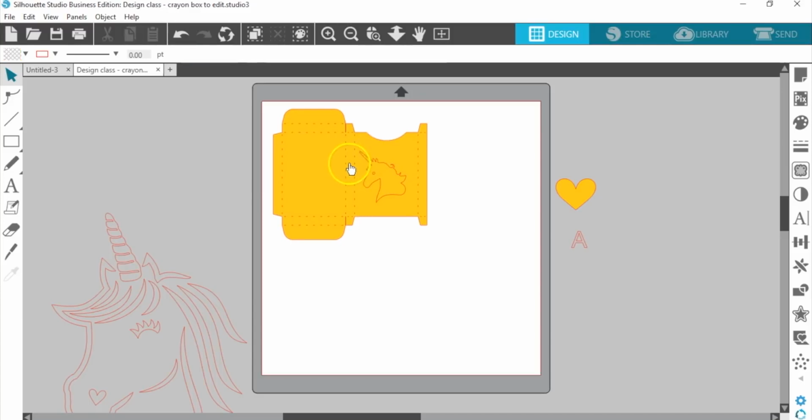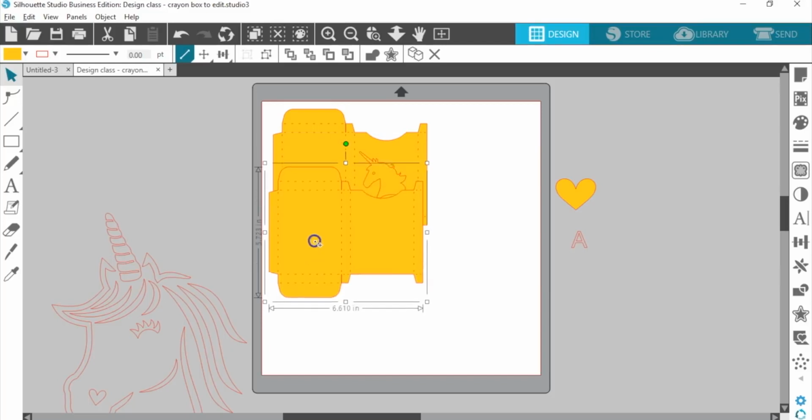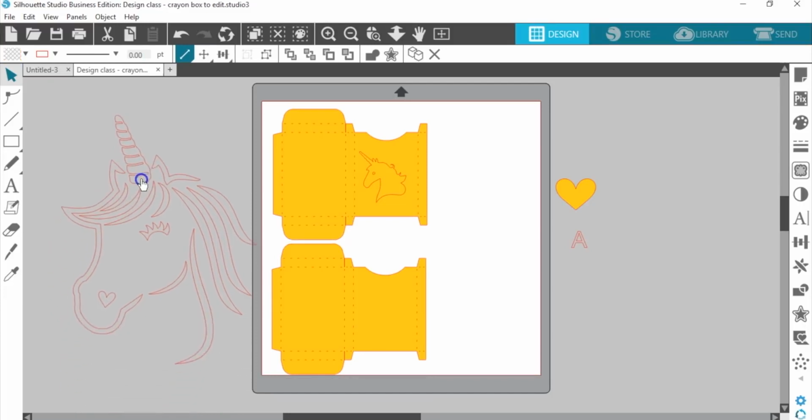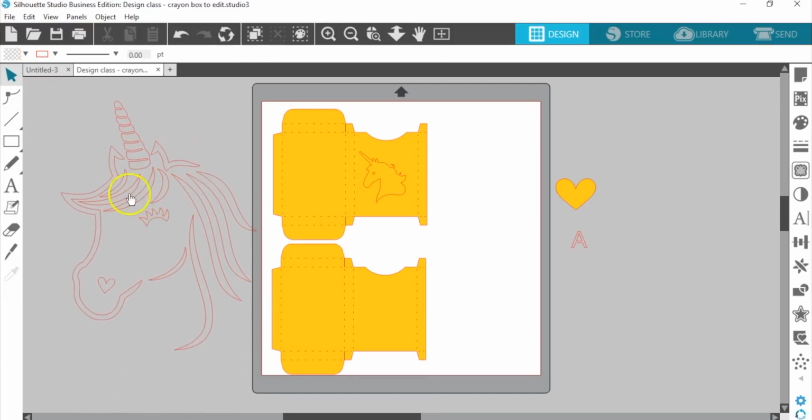Now I'm going to make a copy of the box so I can do a unicorn on another box. So again, I'm going to use my Alt key or Option on a Mac and click and drag a copy away. Now this unicorn over here, it's not an outline, but I can use it because it's a stencil type design. All of these pieces are detached from each other, and each individual piece will become a hole in the background, so that will work for us.